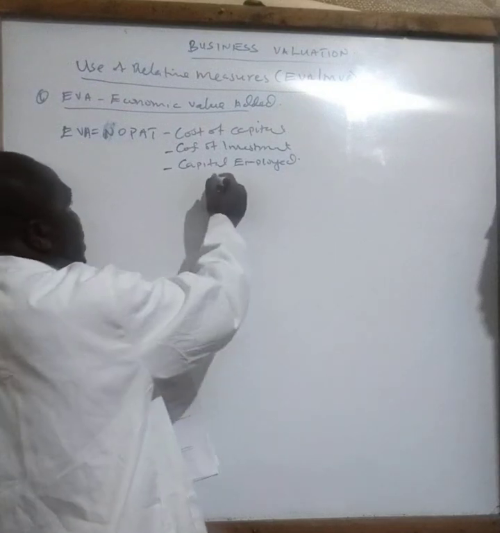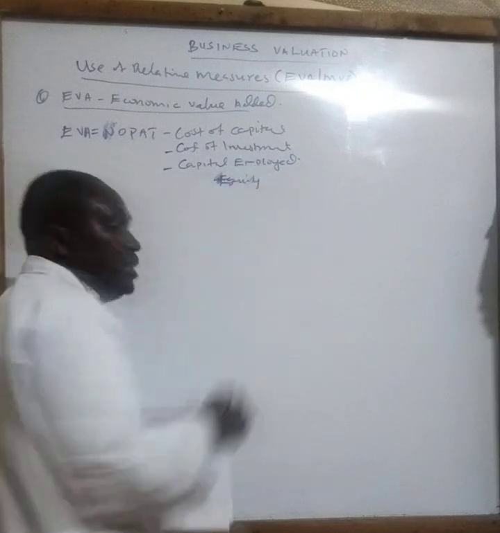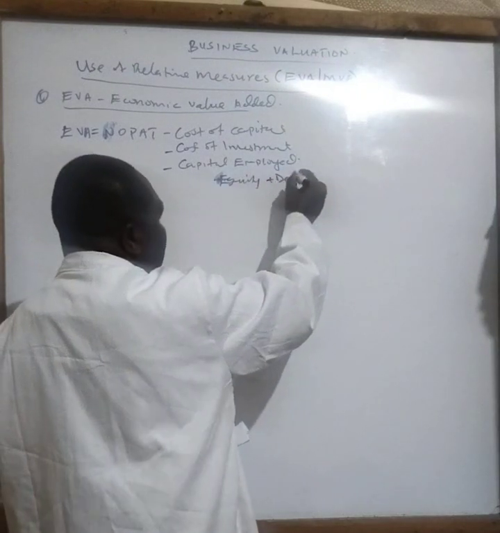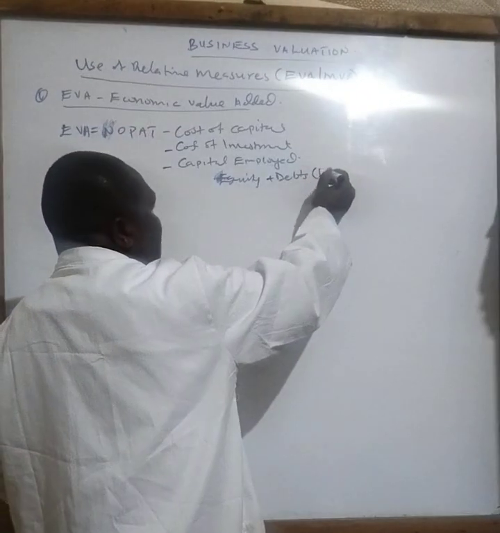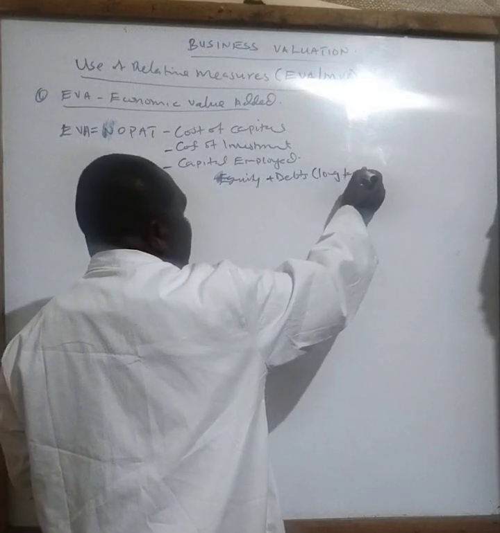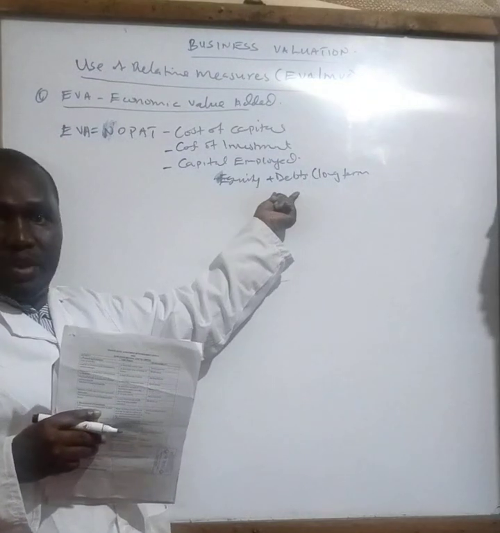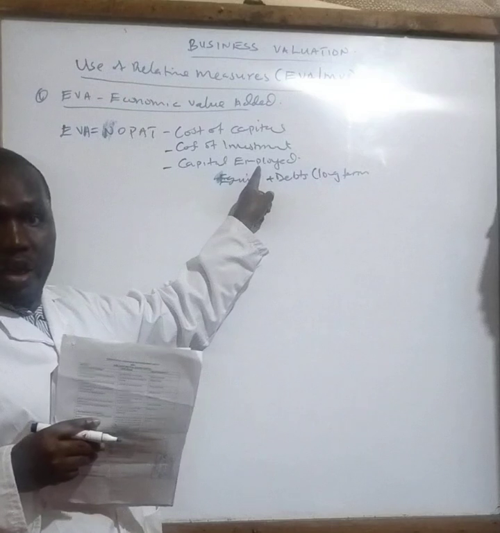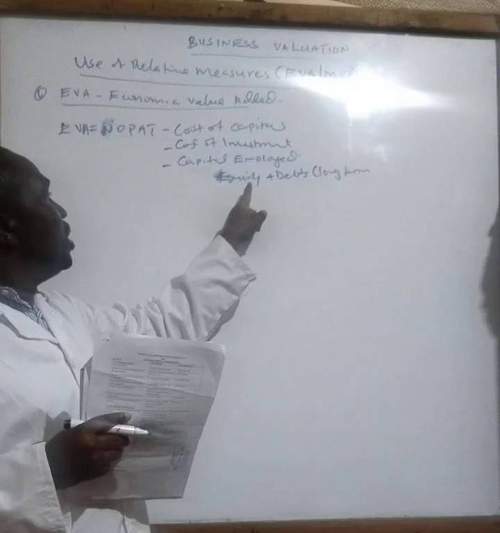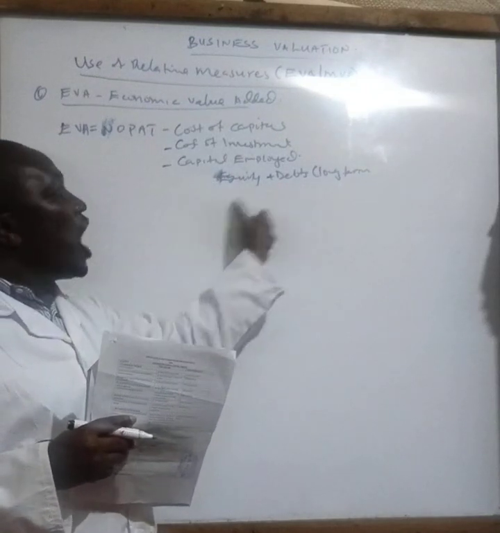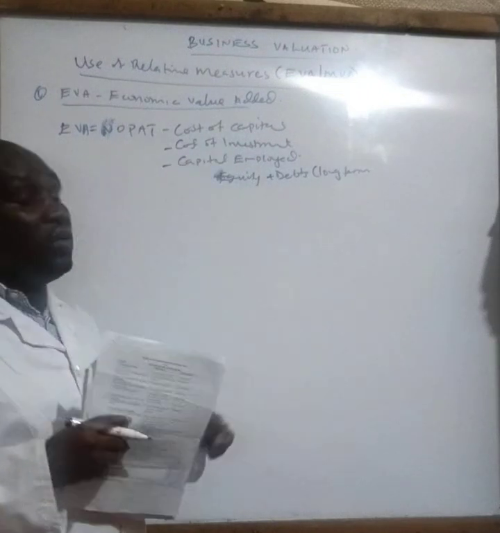Capital employed here means you take all the equity of the entity, then you add debts, and these debts are long-term. So if you take all the equity of that particular entity plus the long-term debts, the answer we get is capital employed. This capital employed is mainly used to value the asset. It is like a cost in this case, and this cost amounts to what they call cost of capital.